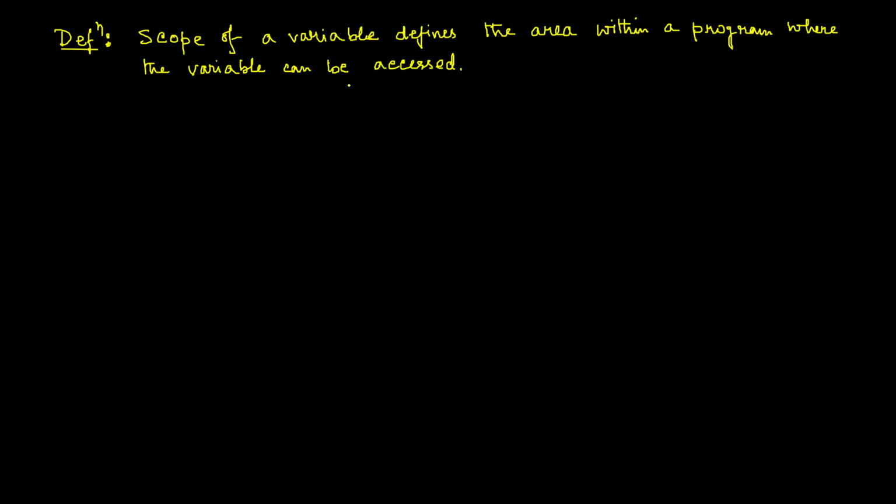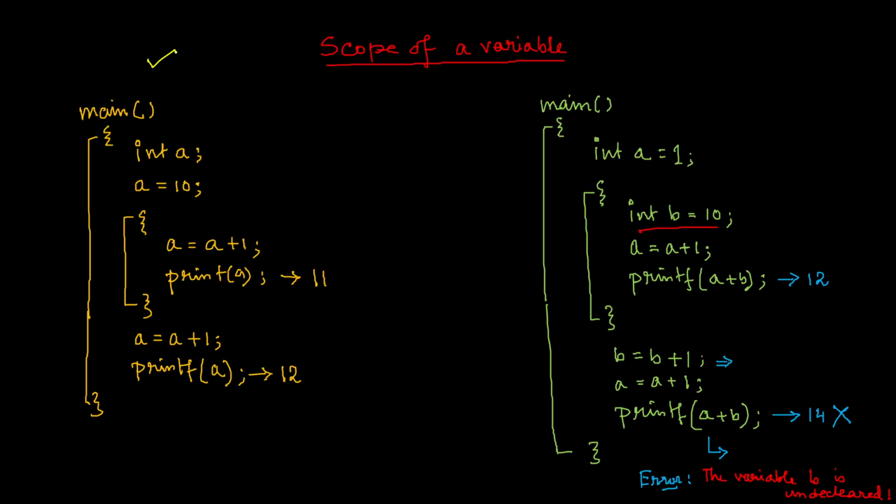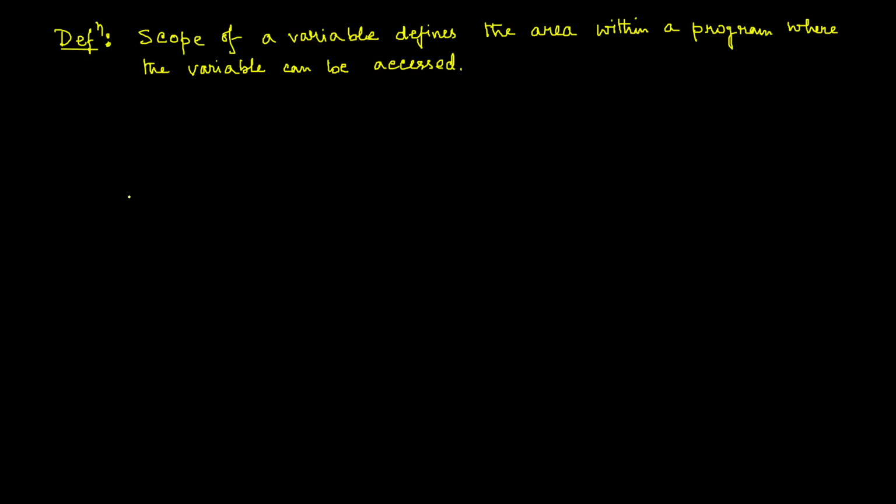To realize this, always remember one thing: consider the whole screen that you can see in front of you as the memory space of your computer. Within the memory space, some memory will be allocated for your program. For example, if we take the first program, we will have a memory space something like this. Suppose I'm drawing it as a rectangle.